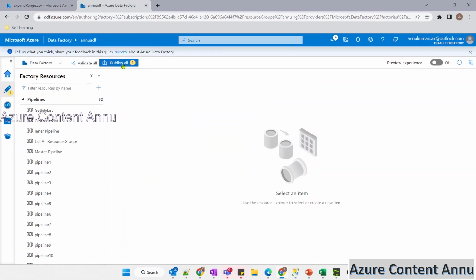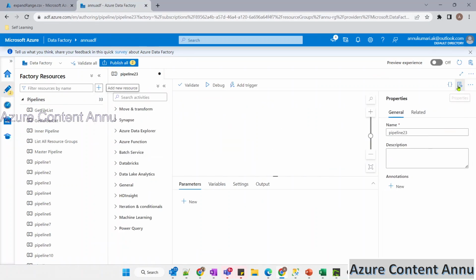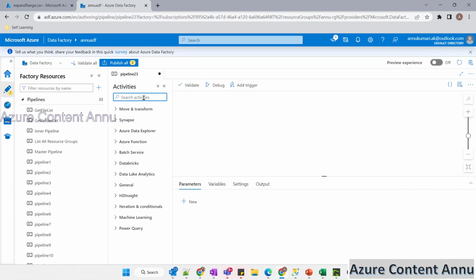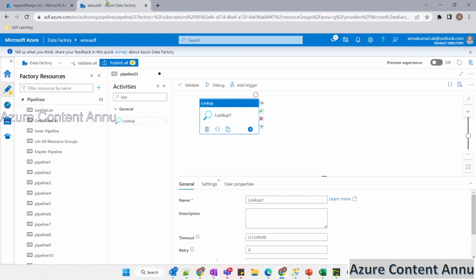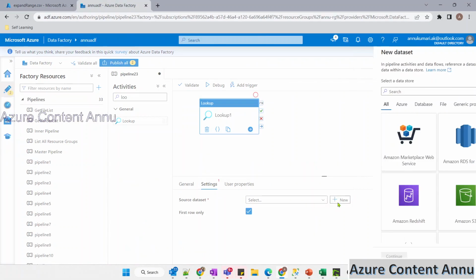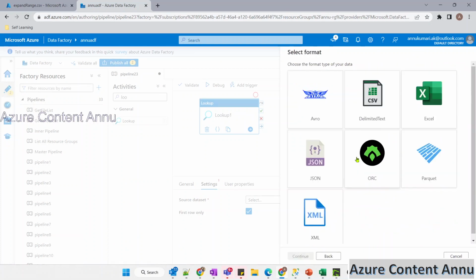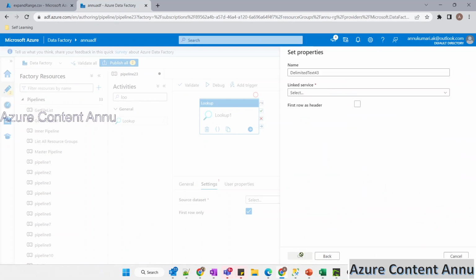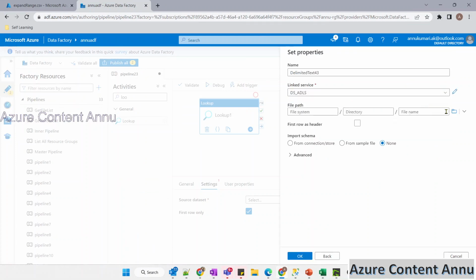Let me create a pipeline in the Azure Data Factory workspace. This is a new pipeline I'm going to create. First of all, let me add a lookup activity to fetch the records present in this input file. Here in the settings, we need to create a new dataset. Let me create a dataset pointing to ADLS Gen 2, and it will have CSV format because the file is in .csv format. Let me select the existing linked service,